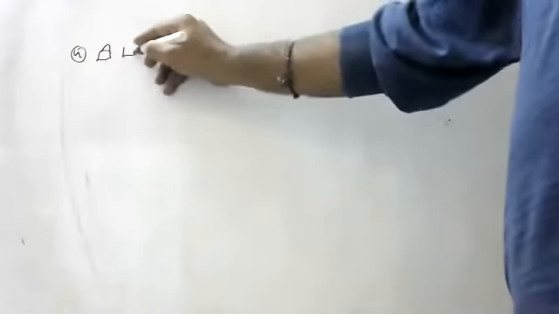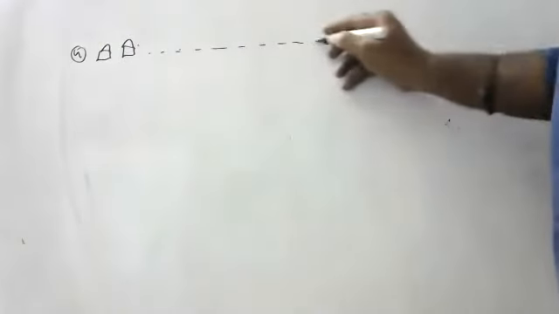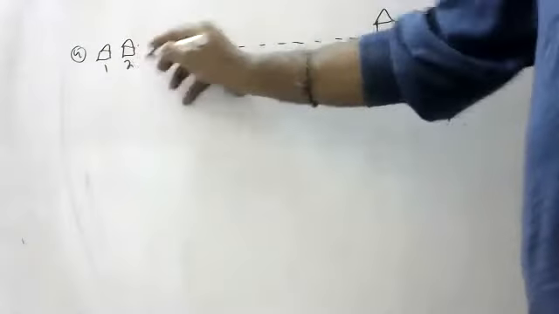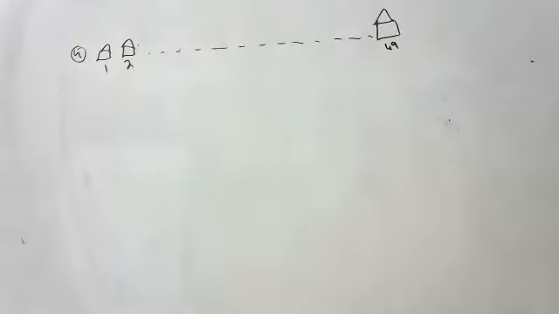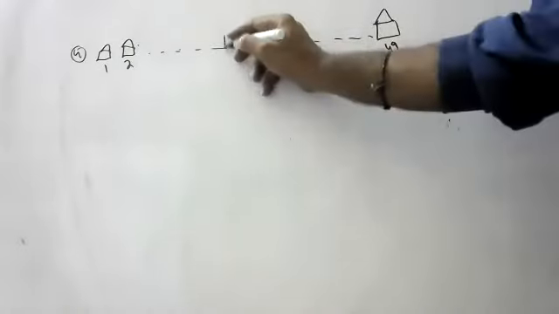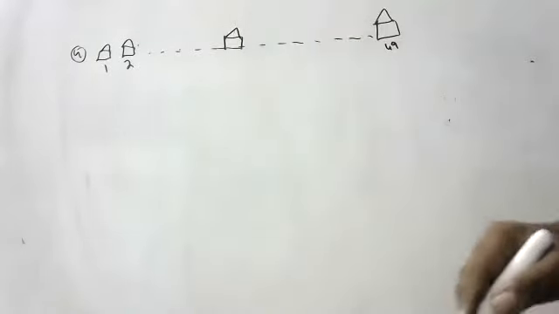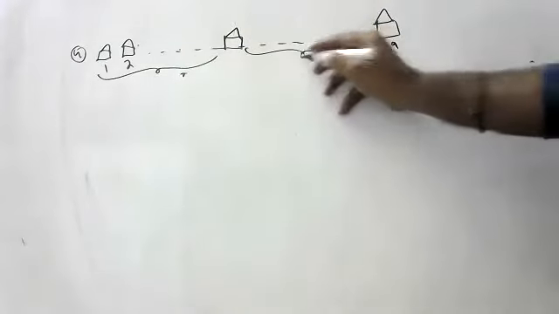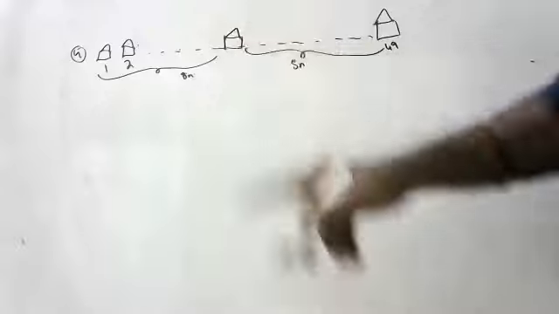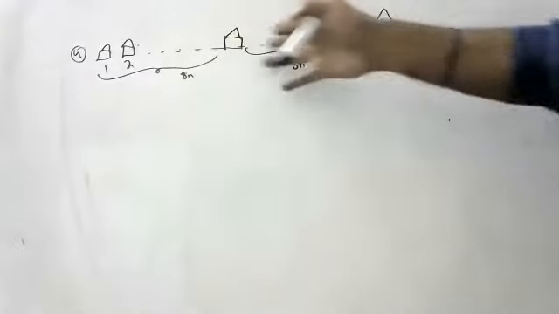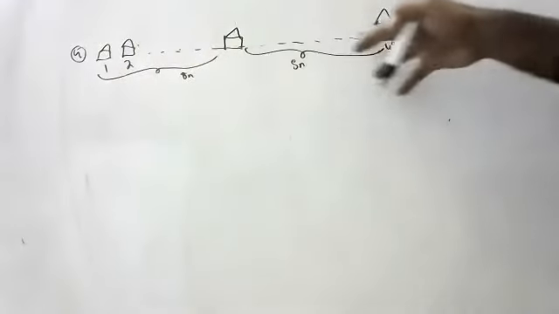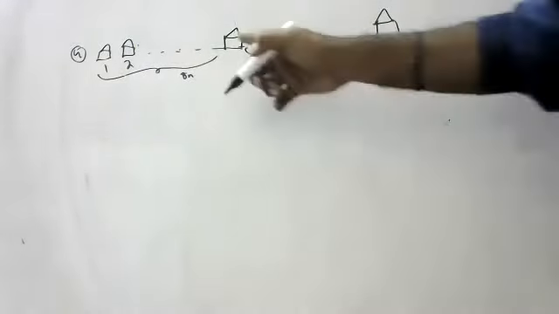There are some row houses, children. How many row houses are there totally? 1, 2, and so on. The last row house is the 49th house. In the middle, there is one house. We don't know what its number is, but if you add all the houses before this and all the houses after this, that will be the same. Suppose before this house the sum is 40, after this also 40. Suppose before this 200, after this also 200. Which number house is that house?